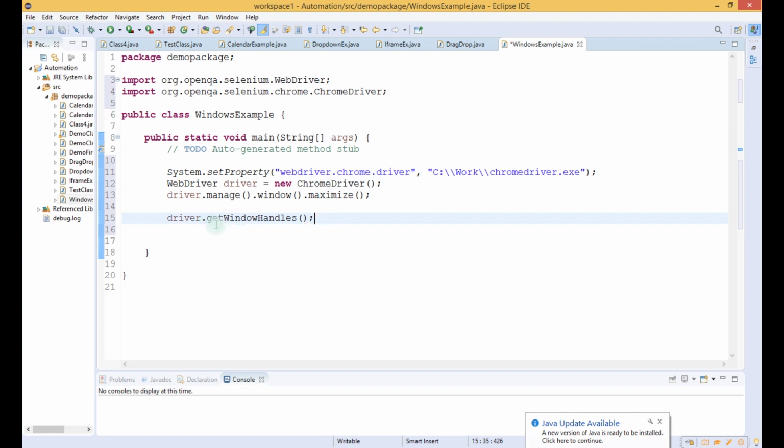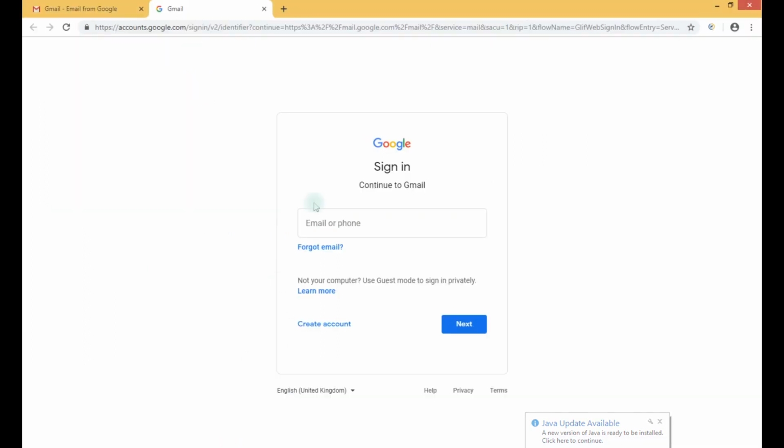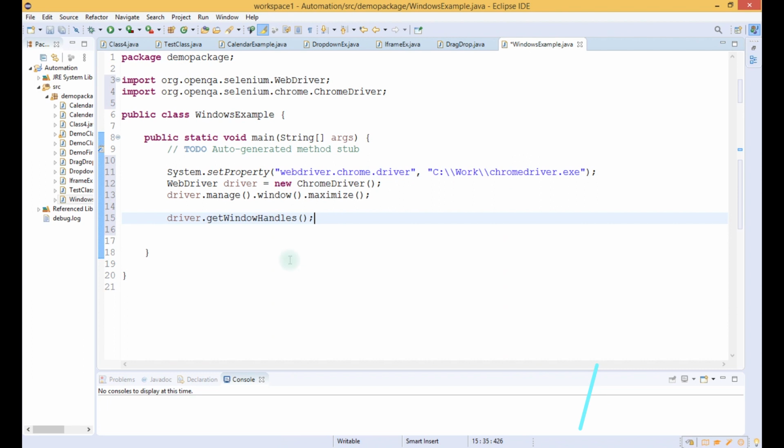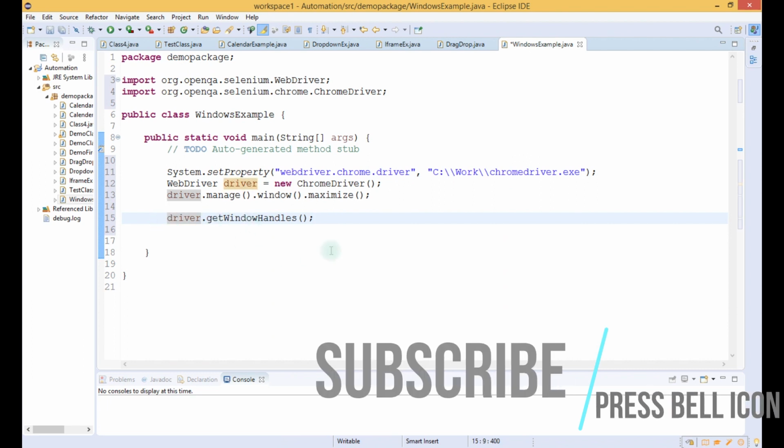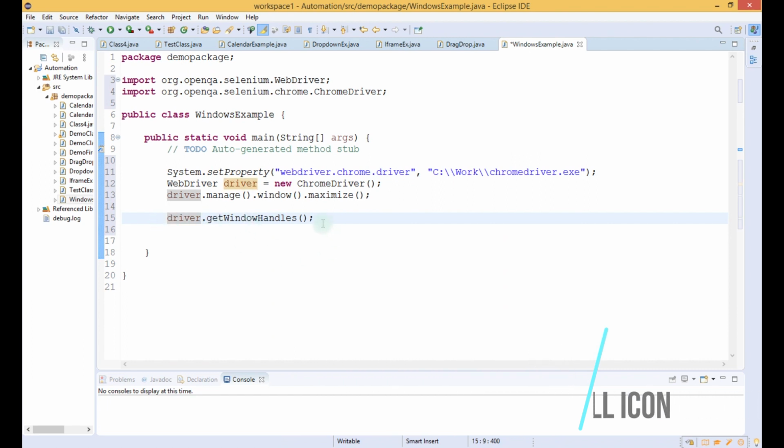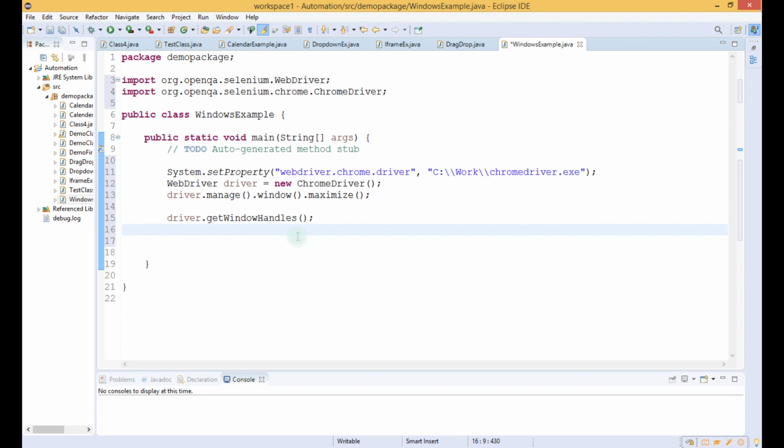This function will get the handles or the IDs of the windows that are opened by the WebDriver. So we have to store this inside a string. After getting the window handles, what we have to do? We have to switch to that window handle.